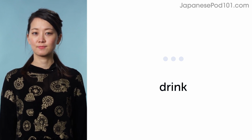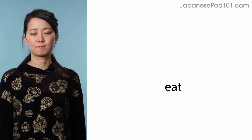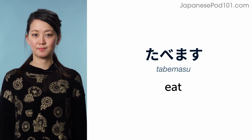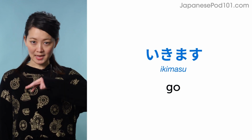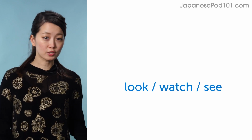Do you remember how to say drink? 飲みます。And how to say eat? 食べます。Do you remember how to say buy? 買います。Do you remember how to say go? 行きます。